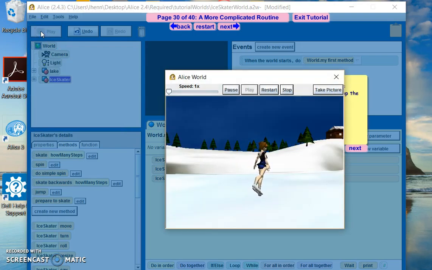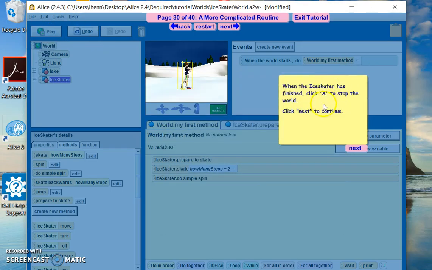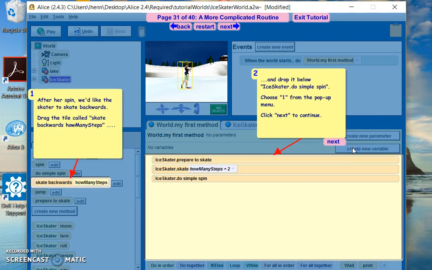We've changed the routine. 1, 2, or 2 steps. And she spins and stops. So it worked. After her spin, we'd like her to skate backwards. So now we're going to drag the skate backwards button and we'll do it after ice skater do a simple spin. And at this time, we really only need her to do,